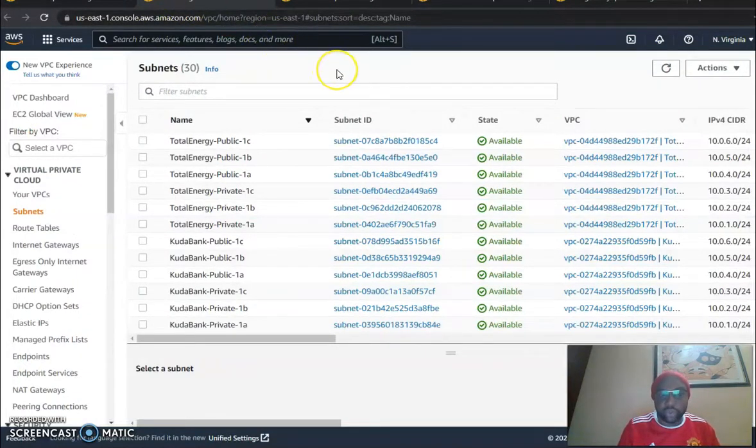Now, we're supposed to create 3 subnets for each of these customers, private and public. So we're supposed to create 3 private and 3 public. I'm just checking the assignment from here. It says yes, 3 public and 3 private subnets. So first of all, I'm starting with TotalEnergie. So I have my public 1,